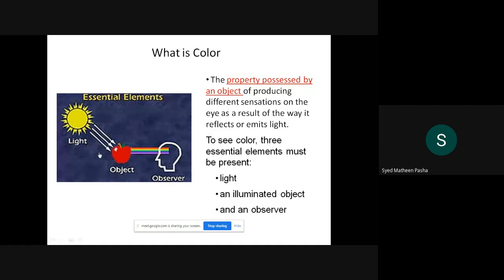If in your room there is a table, and your room doesn't have any source of light, such as sun, bulb, anything, if there is total darkness in the room, you can't see that particular table, right? So to see the color of that particular object, the important element is light. Light plays an important role in human life.